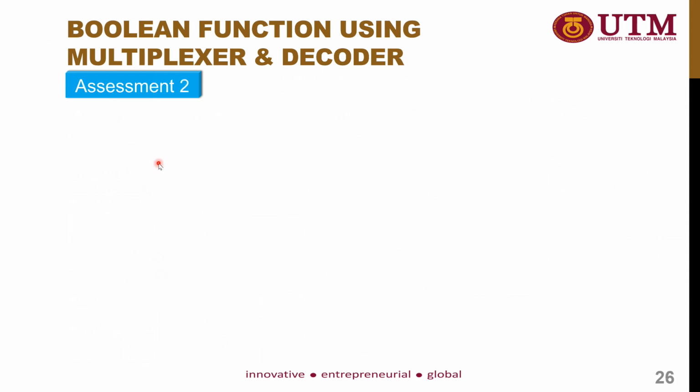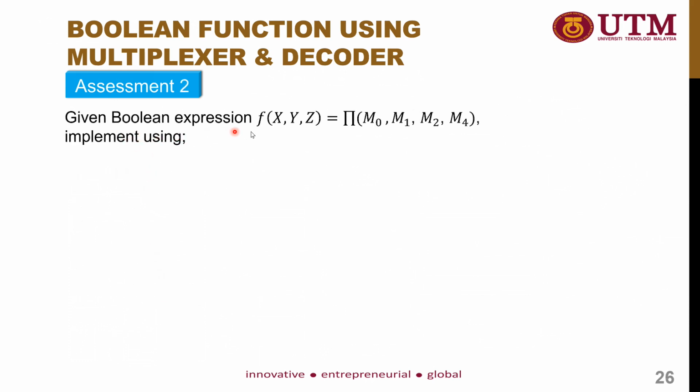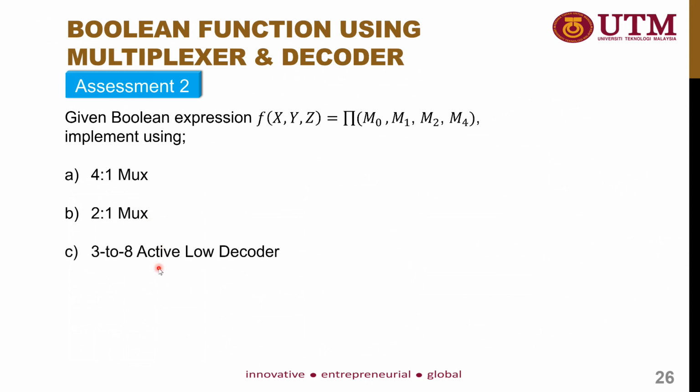And for the second assessment, given the Boolean expression, the function of x, y, z, the max terms M0, M1, M2, and M4, implement using a 4 to 1 multiplexer, 2 to 1 multiplexer, 3 to 8 active low decoder, and 2 to 4 active low decoder. So all of these assessments you need to submit inside your e-learning portal,